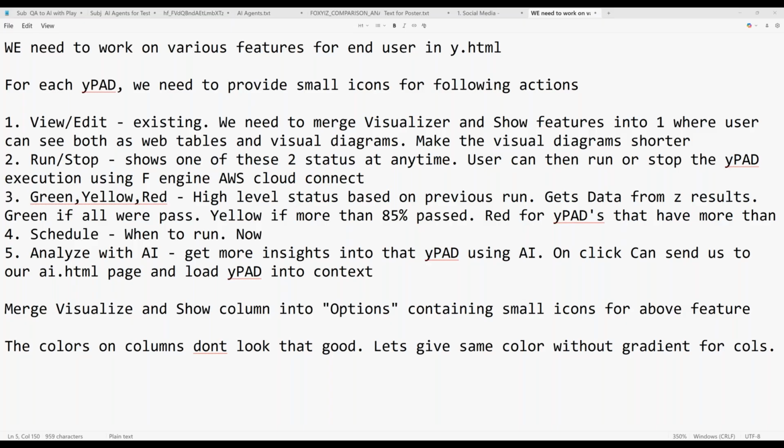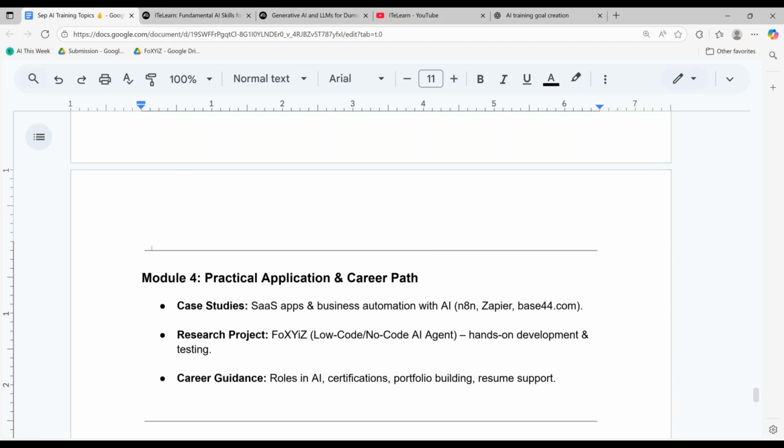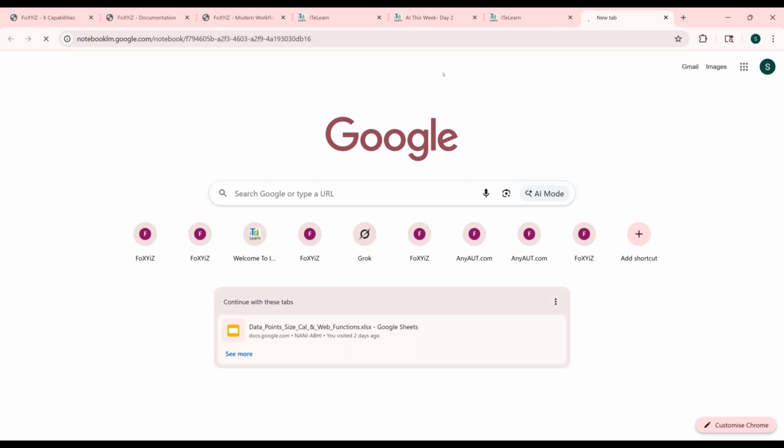Hi, Karthik. My question was, you just sent us the NotebookLM link. This is my first time looking at it. Is there anything you want us to go through in it, or just explore it by clicking several links? Sure. Let's go to that link and see how it looks. I'll go on a private browser or Chrome. It is showing us on the left side a bunch of YouTube videos.